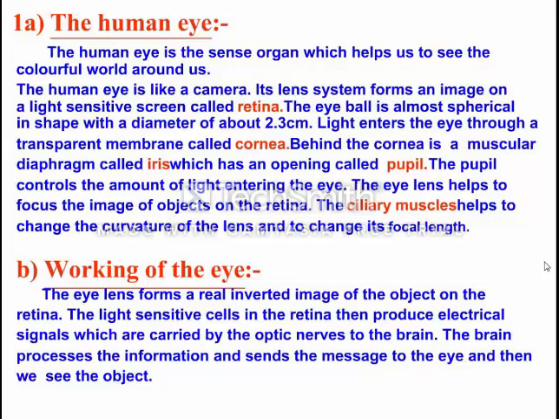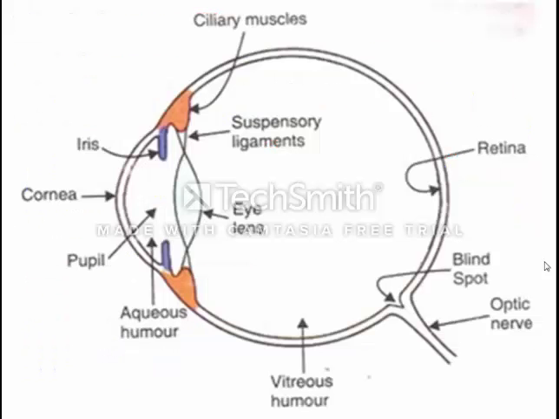As we all know, the human eye is a sense organ which enables us to see this beautiful world. Without the human eye, we cannot see this beautiful world. But there is one difference between the eye lens and a lens used in a camera.